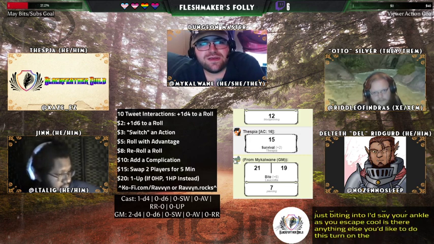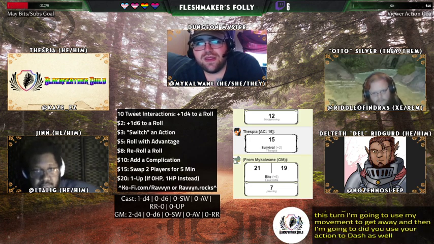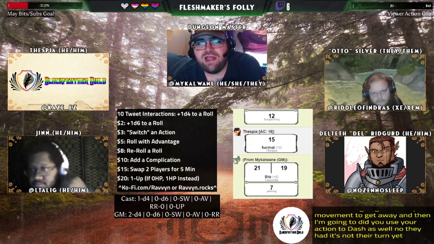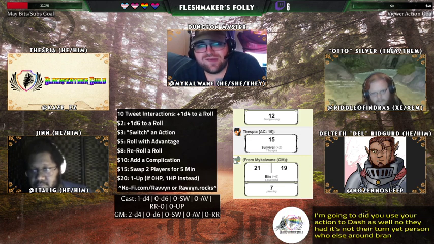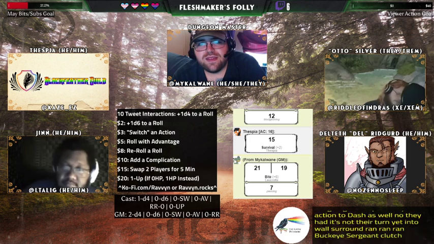I'm going to use my movement to get away, and then I'm going to... Did you use your action to dash as well? No, it's not their turn yet. The person who also ran? Yes, that spearhead ran. Thespia ran. I used fog cloud, so I didn't dash. So instead I'm going to turn around and throw...